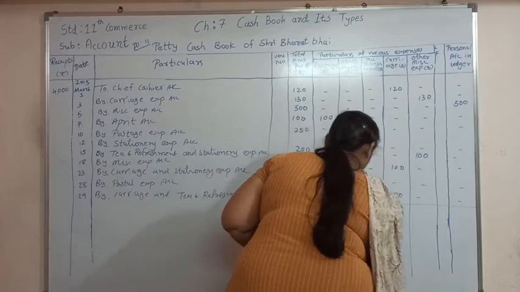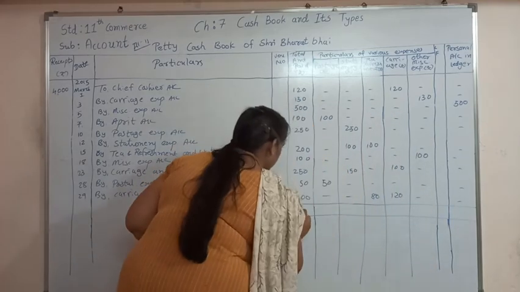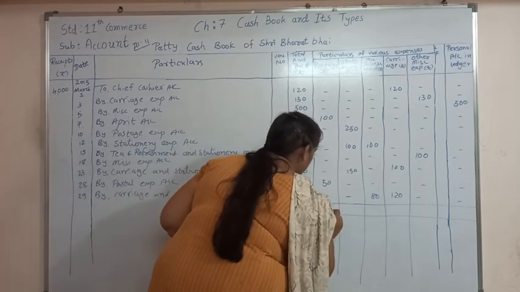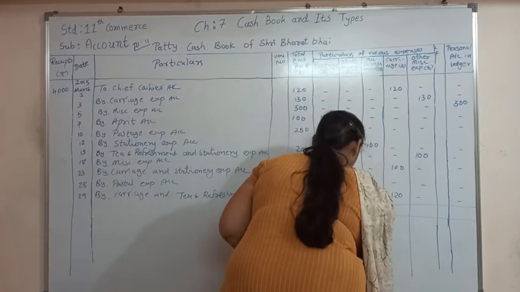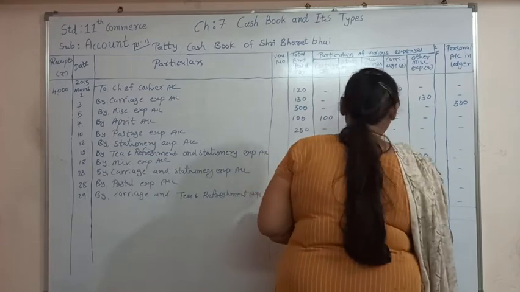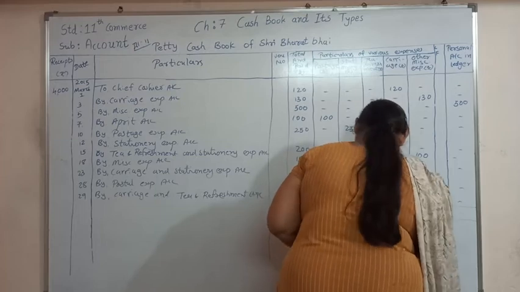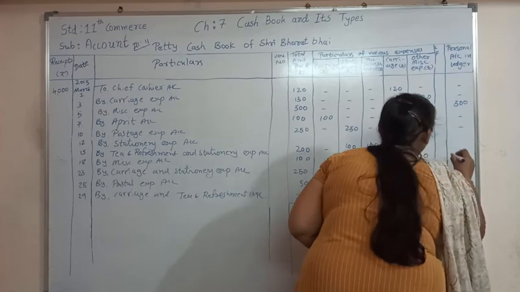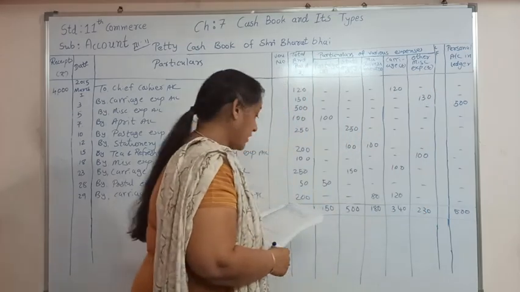Here the total of the expense is 1,900. Postage is 150, stationery is 500, for tea and refreshment 180, for carriage it is 340, for miscellaneous 230, and 500 for personal account. Now total expense is